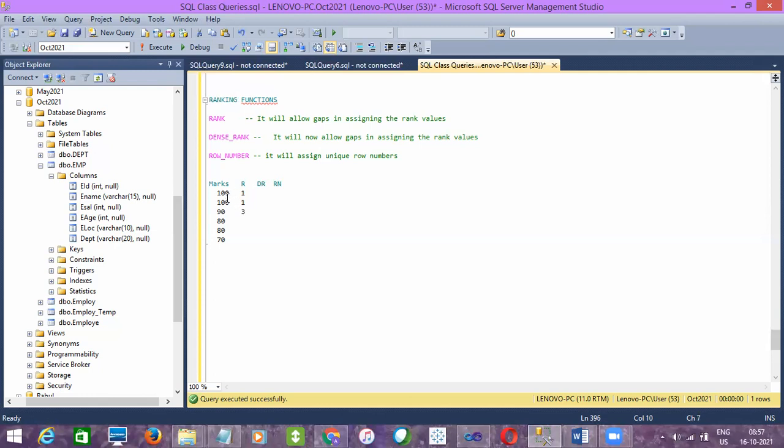Because the second highest marks also got the same rank, but 2 will be skipped in the rank. So for 80 it will be 4, and for the other 80 it will be 4, and for 70 it is, sorry, 6.